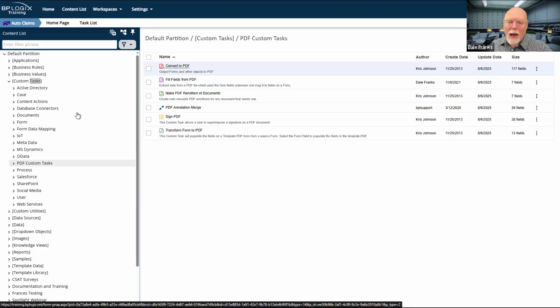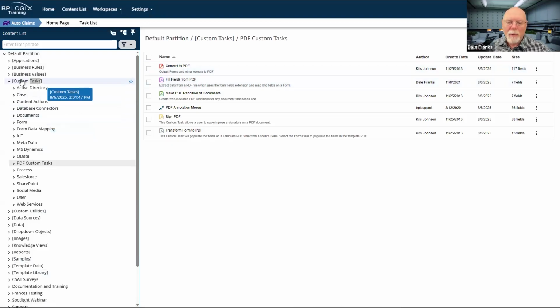And as long as this folder is in the same place in both machines, which we also talked about during the last 4 weeks as we were doing the unified approvals deal, then I can always find those custom tasks. So when I import that form, and that form has a link to a custom task that it wants to run, I can just look in the custom tasks / PDF custom task folder, find that convert to PDF custom task, and relink it whenever I do the import.